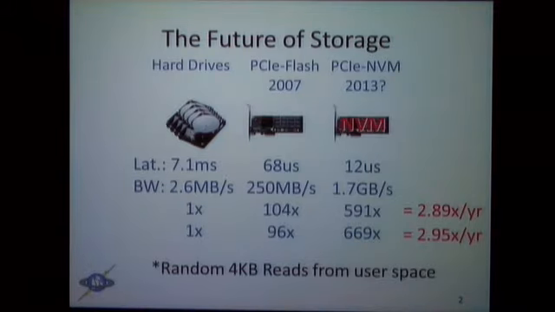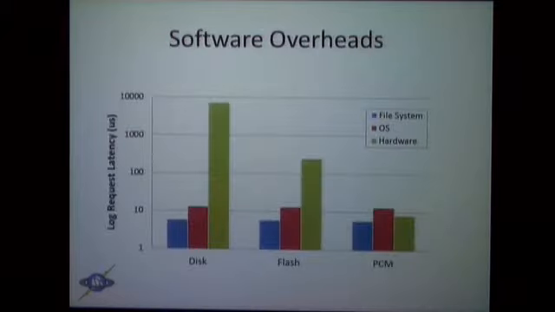So specifically, if we look at one example of how this is changing things, on this graph, I've broken down latency into several different components: the file system, the operating system, and the hardware component for disk drives, flash, and PCM. And this is on a log scale. So you can see with the disk drives, basically the hardware component is significantly overpowering any of the software latencies that we're experiencing. And so we don't spend a lot of time optimizing our software latencies because it doesn't make much sense. With flash, we're doing a lot better on the